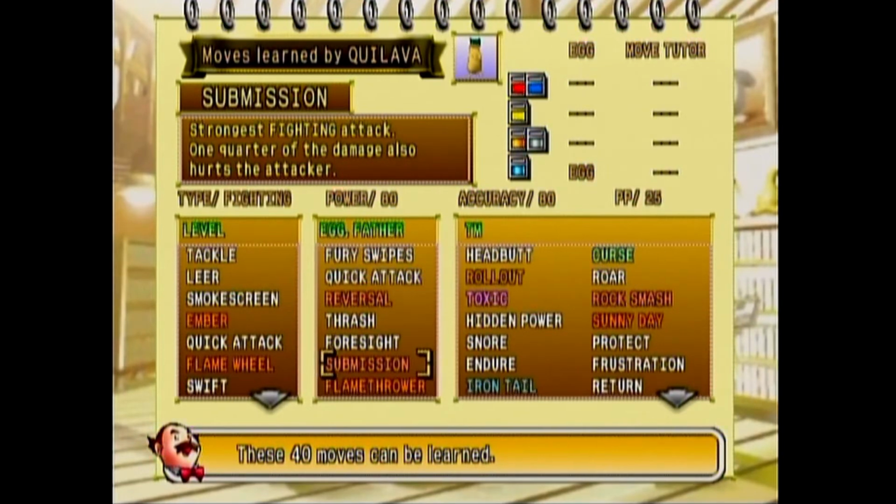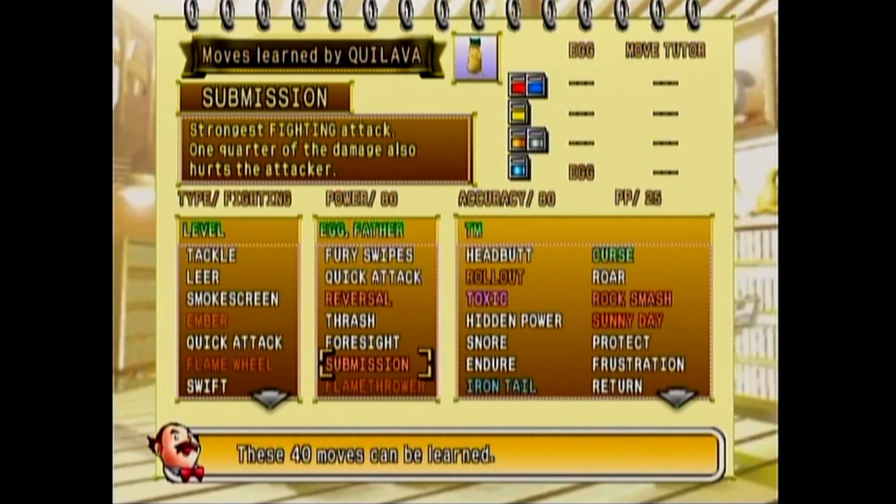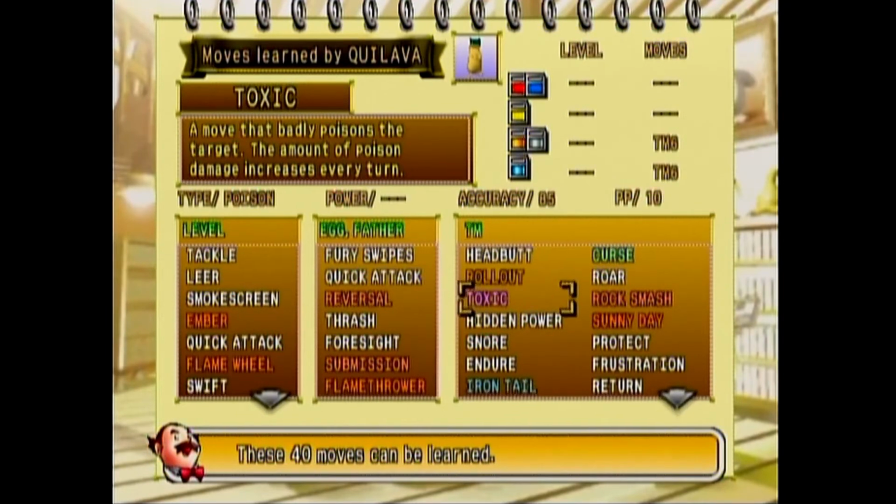Yeah, 1/4 of the damage also hurts the attacker, so if I want to get a fighting type move, he can learn Submission, but only through egg moves. Otherwise, I can get Rock Smash. If I wanted to do some breeding, I could get Flamethrower. No, wait, no, can't even get that. Have to get it through the Move Tutor, which... The Move Tutor is not cool